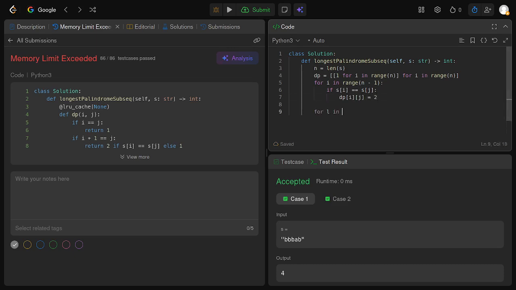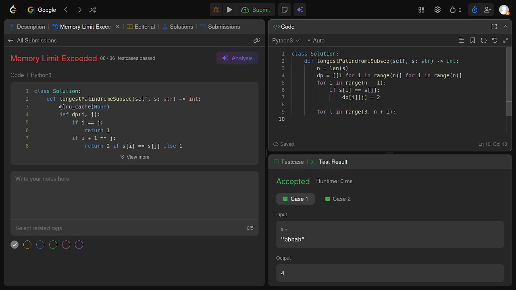And then for L in range 3 up to n, and then we do for i in range n minus L plus 1,